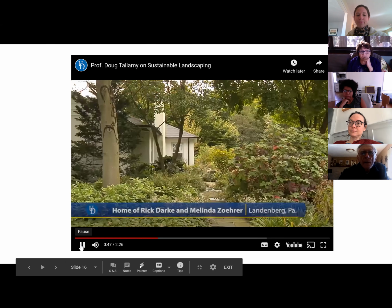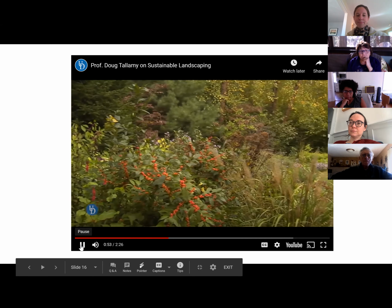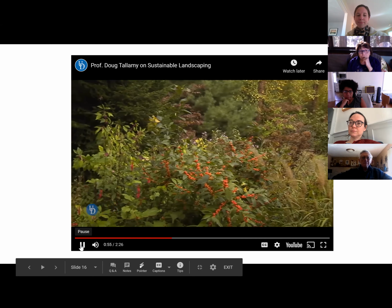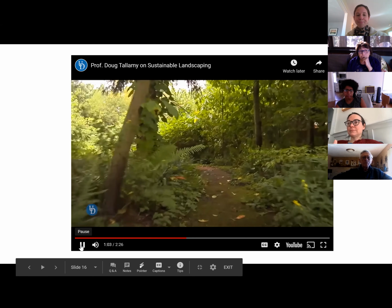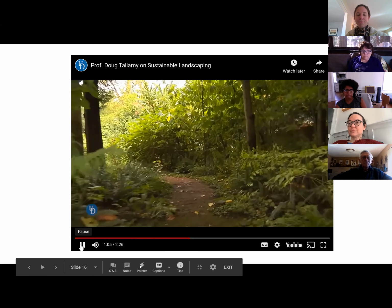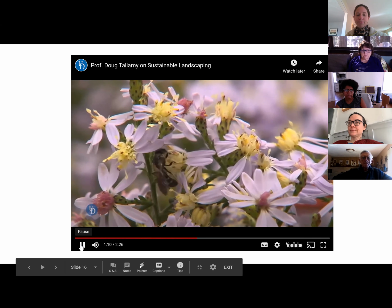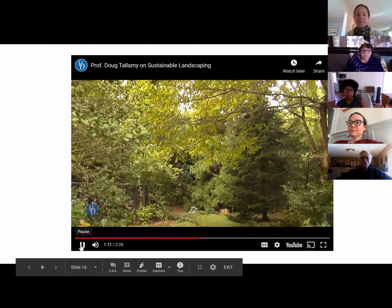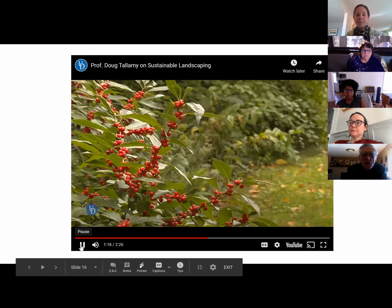What this homeowner has done is put the plants back into this suburban landscape. Most of these plants are indigenous. They are native to this area, which means they are important components of the food webs that originally were in this area. So you have lots of wildlife around, and these plants are filtering our water. They are sequestering carbon. They're supporting food webs. They are supporting the pollinators that keep those plants around. They're producing oxygen. All of the ecosystem services that plants provide are now happening right in this yard, because it's